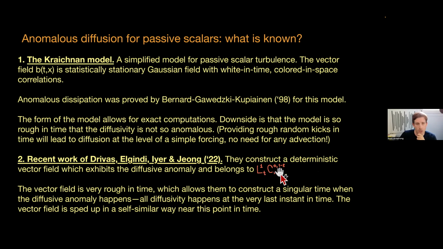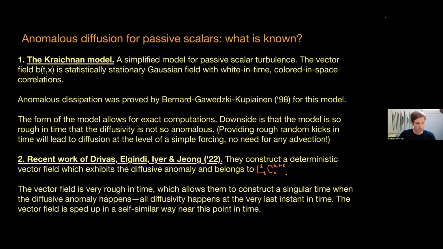Their field is almost Lipschitz continuous. So this epsilon is very small. They can make it as small as they like. And it's L1 in time. The vector field is actually C infinity away from t equals 1. But at t equals 1, there's almost like a self-similarity blow up happening. So on the whole unit interval, it's only in L1. And from the point of view of the diffusion anomaly, nothing happens until suddenly at time 1 there's an explosion. If you graph the L2 norm of the scalar, for a very small kappa, it'll be essentially constant, and then drop down, lose a factor of 2 in the last nanosecond.